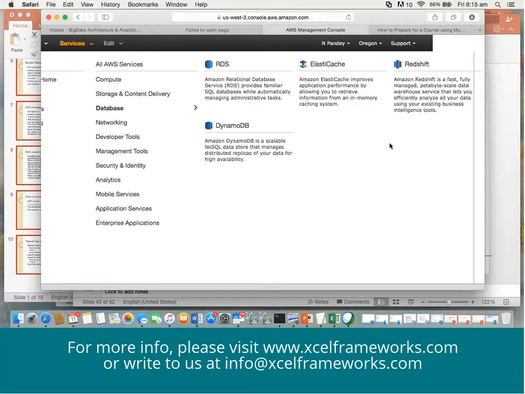Can we use existing databases while running an app on the cloud? Yes, you can. That's where you will go with a hybrid cloud, where you will be using your components which are there in your private cloud. So you'll have your database in the private cloud, and you can integrate the private cloud with the public cloud.